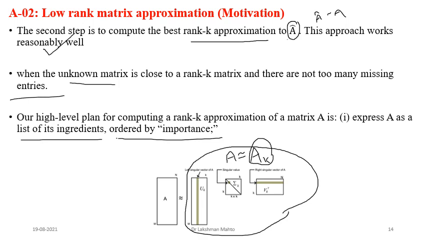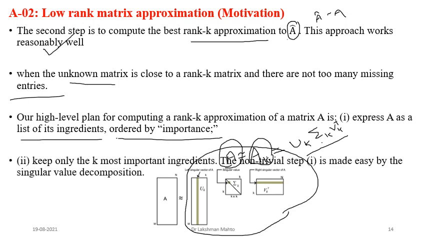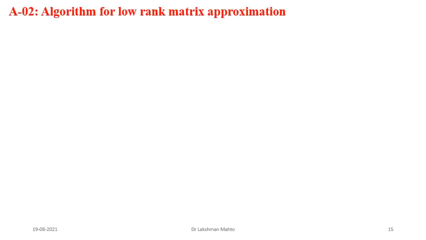If you come with the singular value decomposition, you define Ak as Uk times Sigma k times Vk transpose, because you have the information of all these. Then among all possible rank k matrices in that family, you can say that this matrix is the best approximation of the original matrix A. So it is always giving the best approximation. Okay, so that is the scenario.